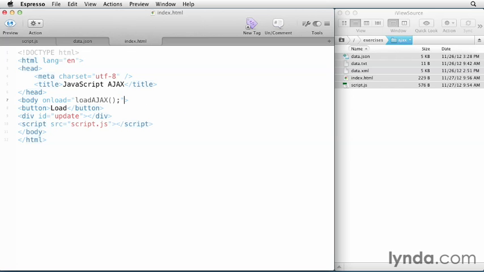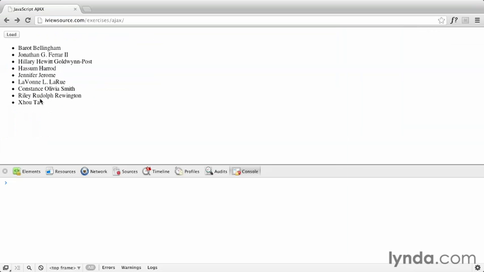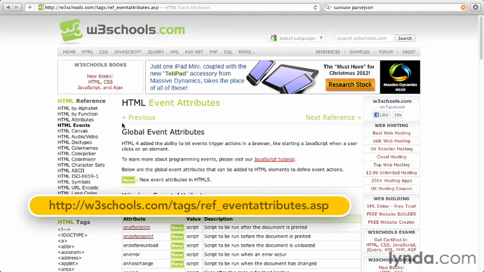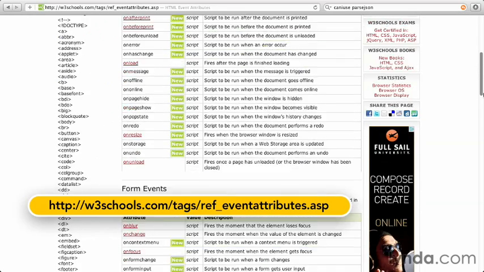So it's an attribute that can only go in the body tag. So let me save that and come over here. I'll refresh the page, and now you can see that it's kind of doing what it did before. As soon as the page loads, or as soon as the body of the page is finished loading, it's going to load the text from our file. That's just one thing to keep in mind. Not all elements can trigger any type of event. There's actually a ton of events. This is a really good place to find out about all the different events, when they happen, and what triggers